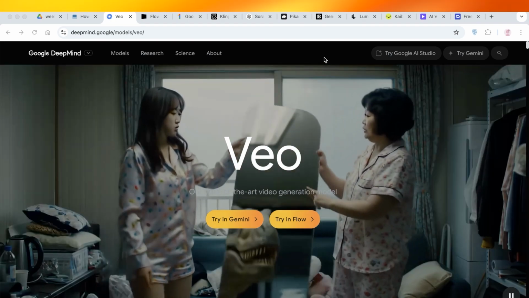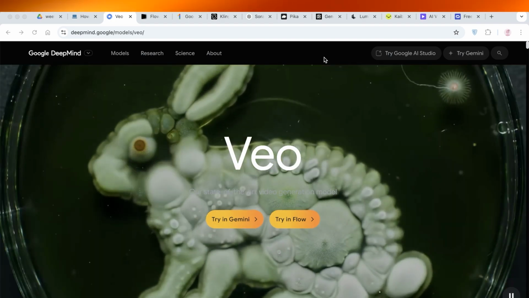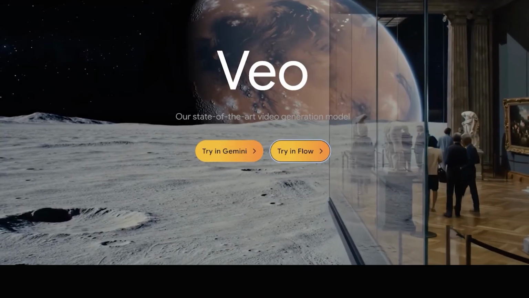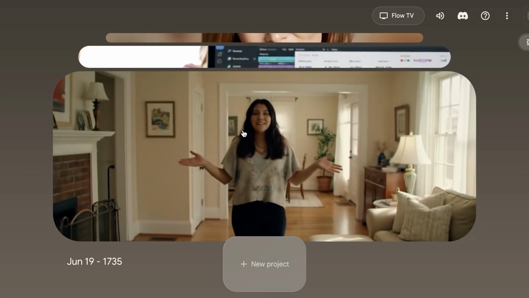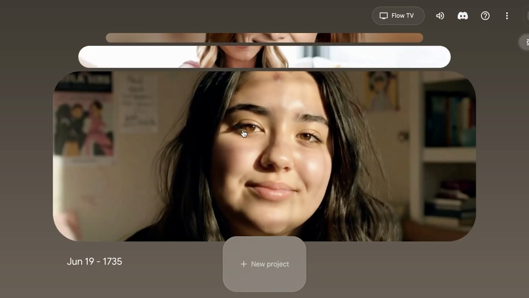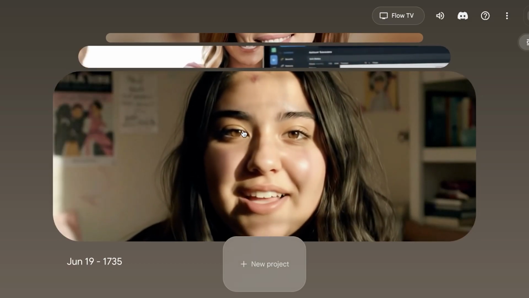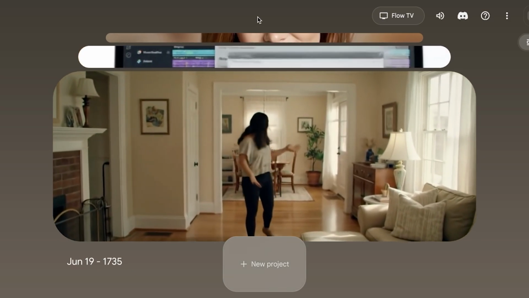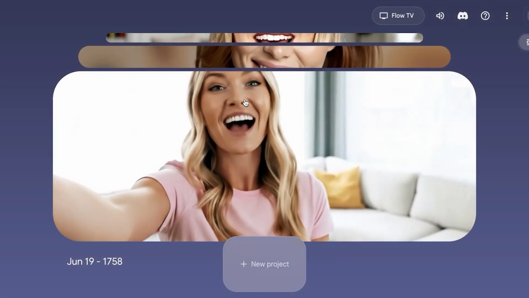In today's video, we're diving into the best Veo 3 alternatives, both free and paid. From hyper-realistic text to video like you guys see in Veo 3 to stunning visuals and redefined art, we're going to cover it all in these alternatives. So let's get started. Now, starting off, the first tool or platform that I have in comparison to Veo 3,